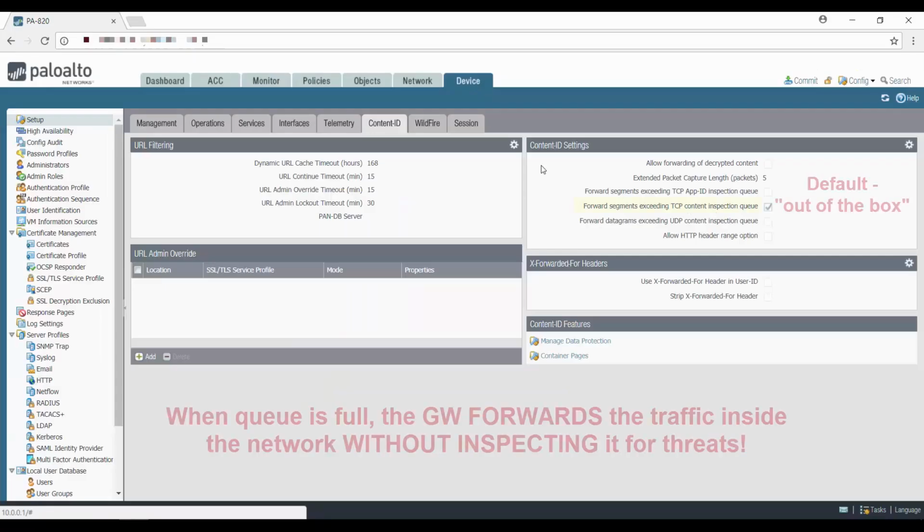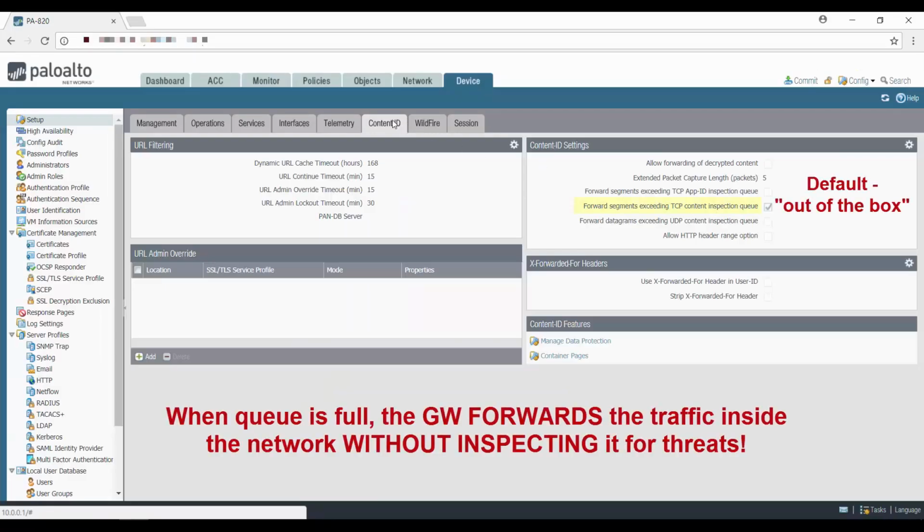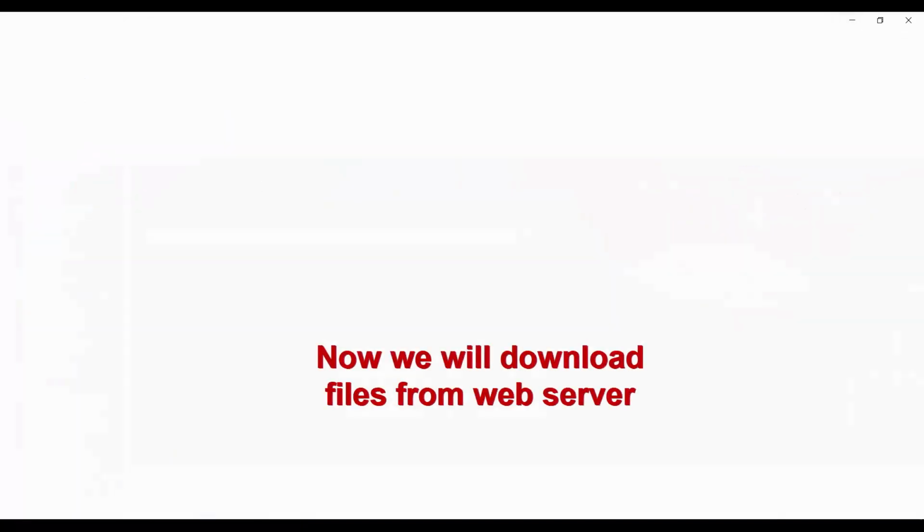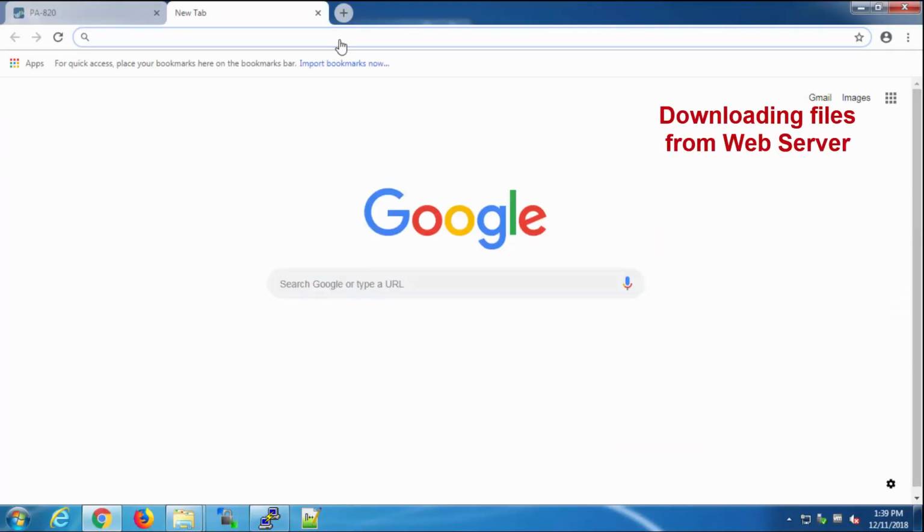Under the Device tab, we will find the Content ID configuration and see that by default the Forward Segment option is enabled. That means when the queue is full, the gateway forwards the traffic inside the network without inspecting it for threats. After we have configured our gateway, let's download files from a web server and test the Content ID